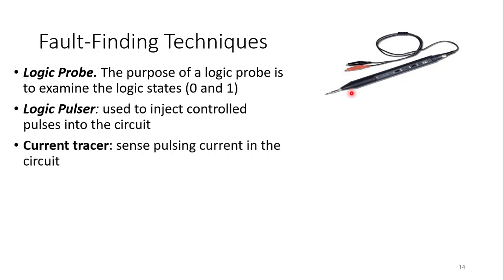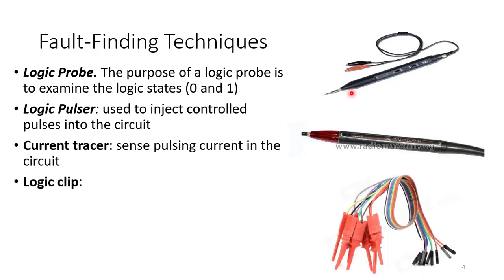Then we have the current tracer. Current tracer means, in your PCB, printed circuit board, how do you identify where the current is going? In the PCB it is very difficult to find out because there are a lot of integrated circuits on the PCB. So when we check the current, it is the current tracer which checks which way the current is going. So you can easily find out the faulty things.